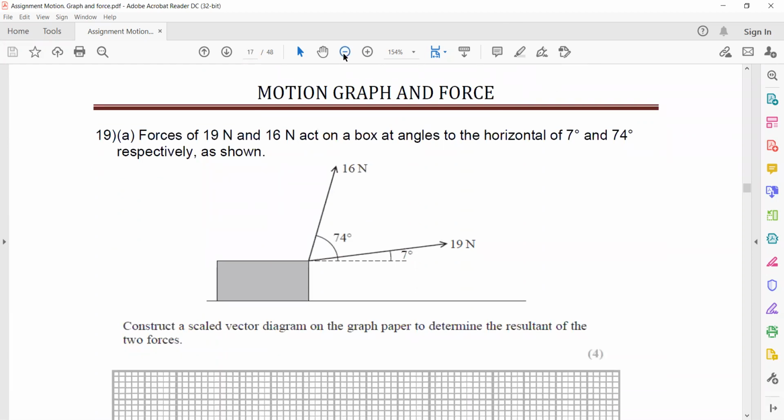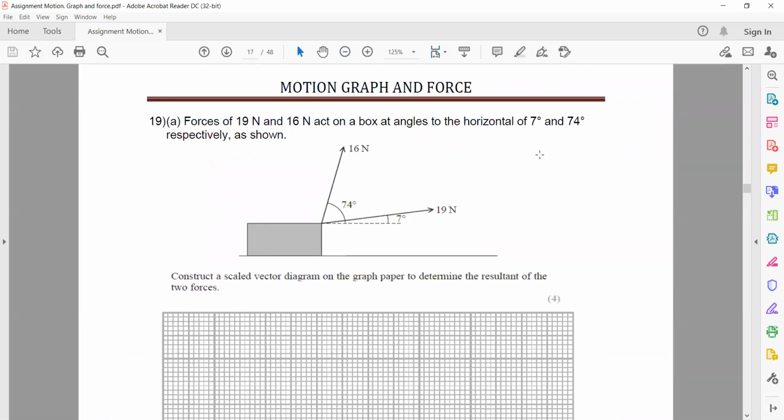In the next question, which is related to vector diagram, forces of 19 Newton and 6 Newton act on an object at an angle 7 and 74. For this case, there are two ways to solve these type of questions. You can use a parallelogram method or you use a triangle method. Only difference, if we are using a parallelogram method,